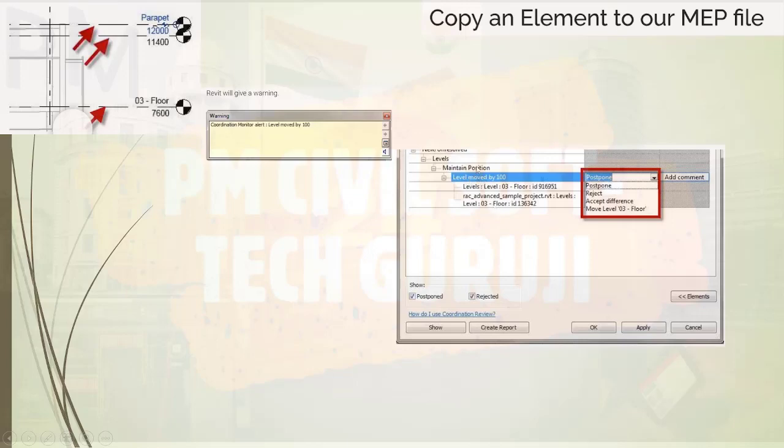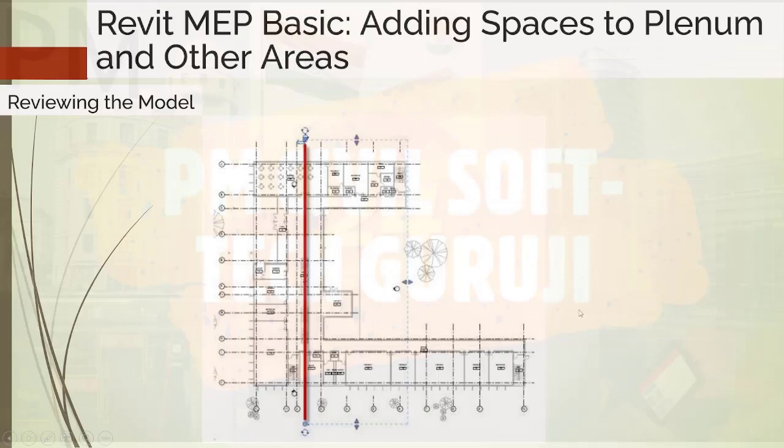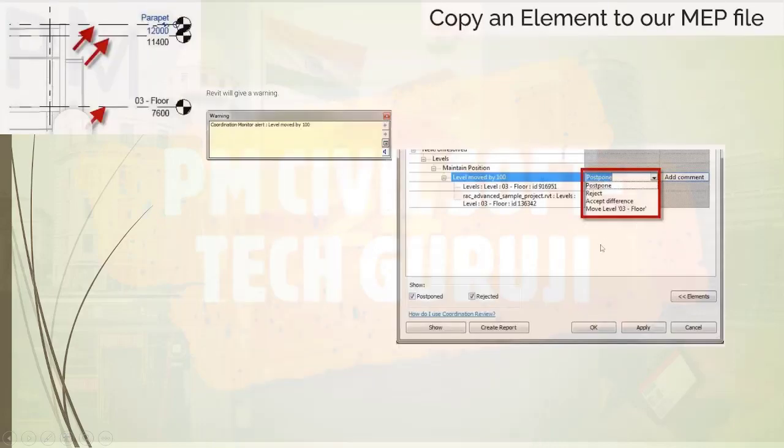On the Revit ribbon, select the Collaborate tab, select the Coordinate panel, then Coordination Review, and select Link. Select the architecture model from your view to continue. You can see all unresolved coordination issues in this project. You can choose an action to resolve each issue. If you simply want to move your level to match the architecture level, choose Move Level. I have shown this in the figure.